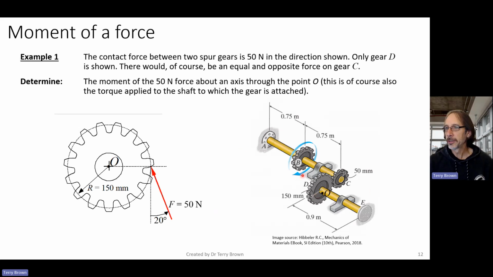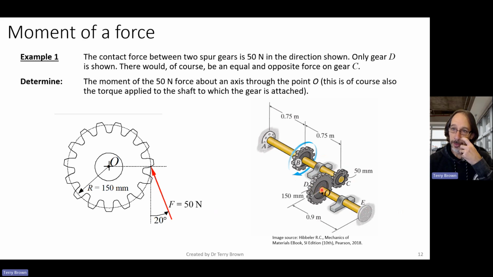Over here, we've got some gears connected together. We've got a torque applied to this gear over here, and then that's transmitted through these connecting gears to another shaft. This is not going to be rigidly attached to ground at each end here, that'd be a bit silly. So this is just representing that it's attached to some other piece of machinery where there's some loads being applied or transmitted. But anyway, what we're going to do is to look at just this gear D here